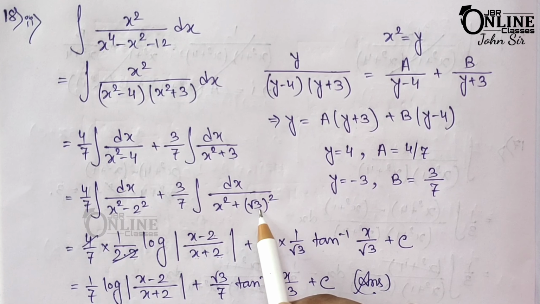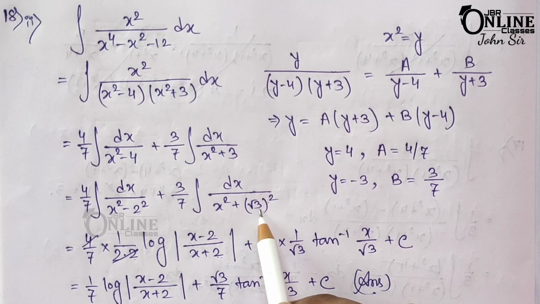So if y equals 1, then b equals half. If y equals minus 1, then a equals minus half from this equation. So here minus 1 by 2 integration dx by the first one plus half, the value of b, dx by the second one. You know the formula. This is the formula of tan inverse. So minus 1 by 2 tan inverse x.